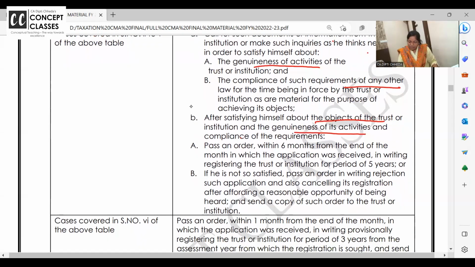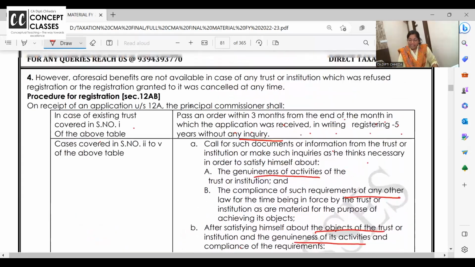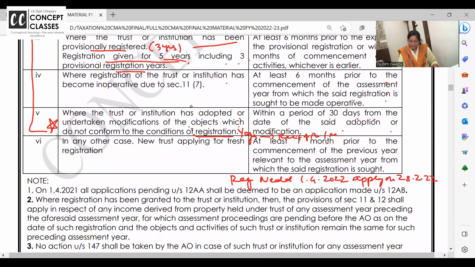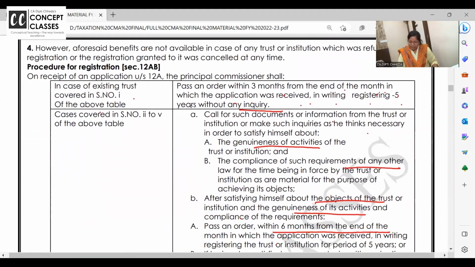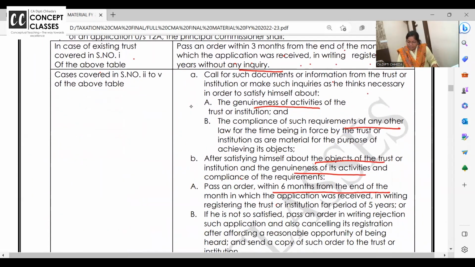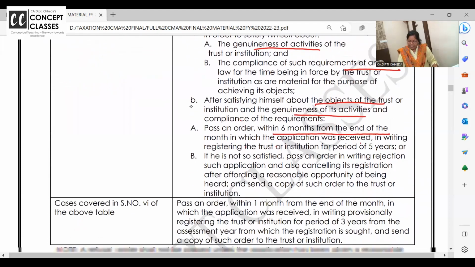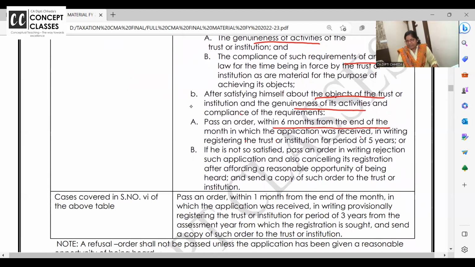They will pass order within 6 months from the end of the month in which application is made. That's why in all these cases application is made 6 months, 6 months, 6 months. Only here it is 30 days, modification. So within 6 months from the end of the month in which application is received, they will grant registration and it is valid for 5 years.